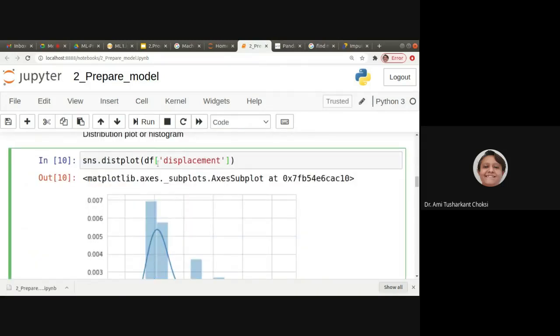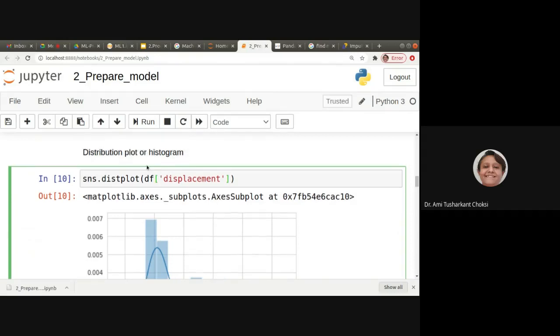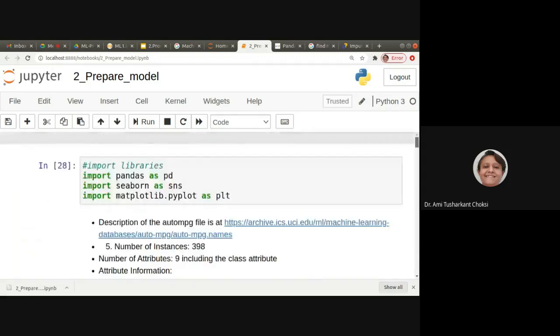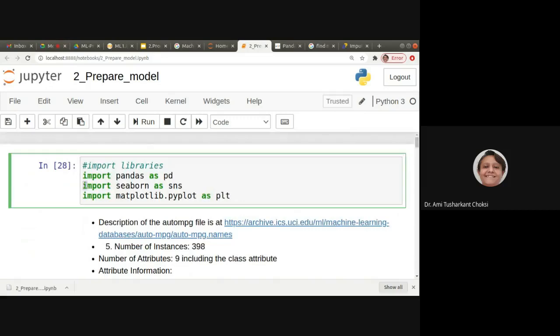Now what we want is the histogram, that is, the frequency distribution of the data. What data? Here we are using the car_mpg csv file, right? For that we have to use sns.displot. Now what is this sns? If you remember, we imported the Seaborn library as sns.